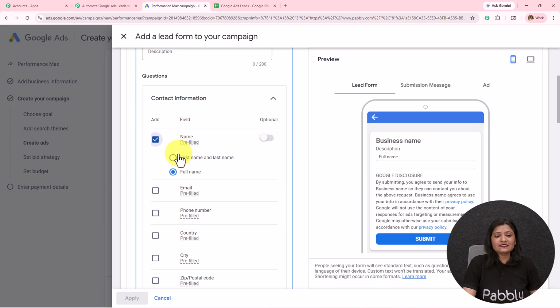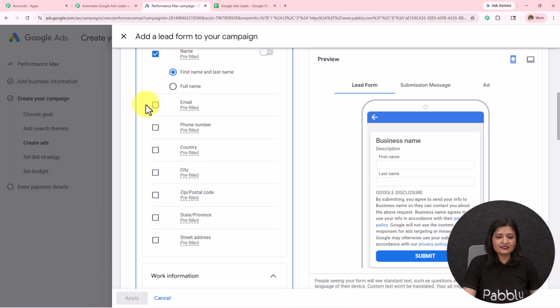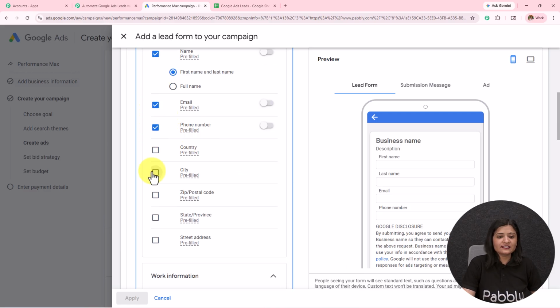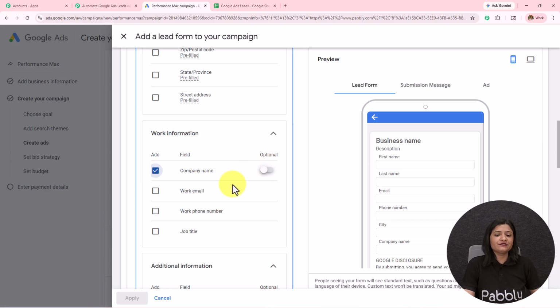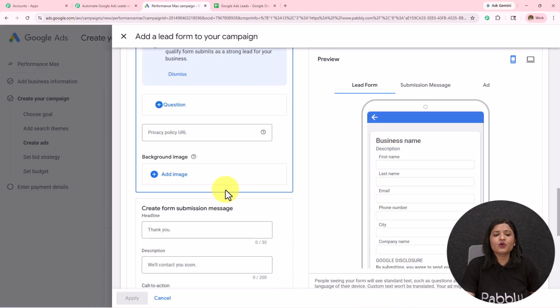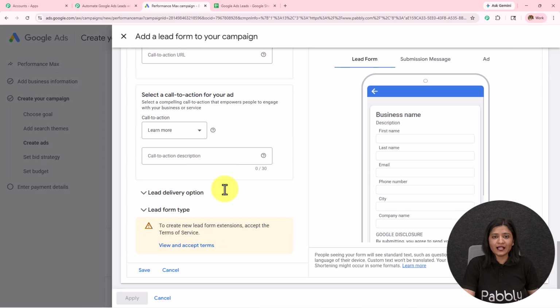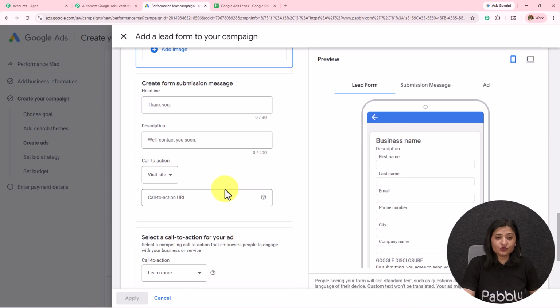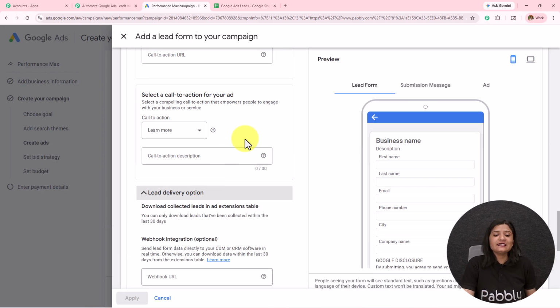So I am going to get this name. I want the first name and the last name, email, phone, city and the company name. You can select the fields according to your choice and preference. If you want to add any other field, you can do that. And after doing this, you have to scroll down and then you have to go towards this lead delivery option